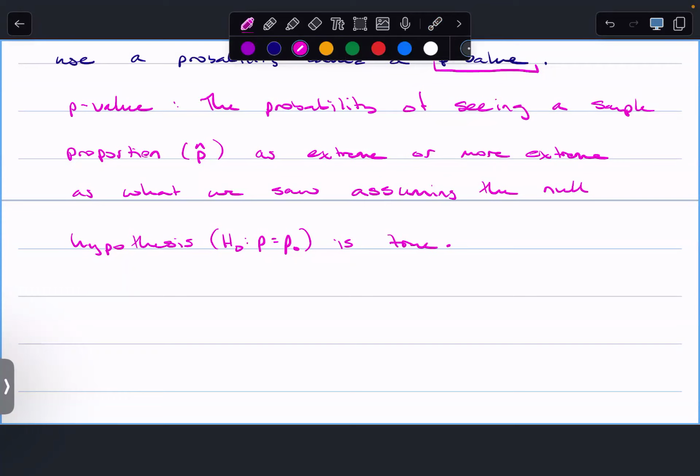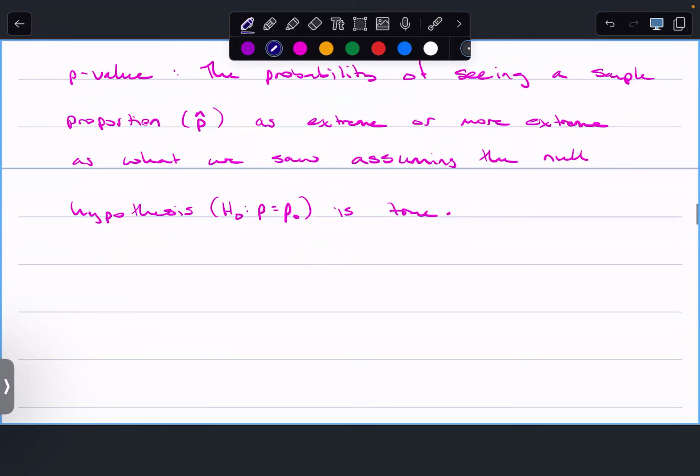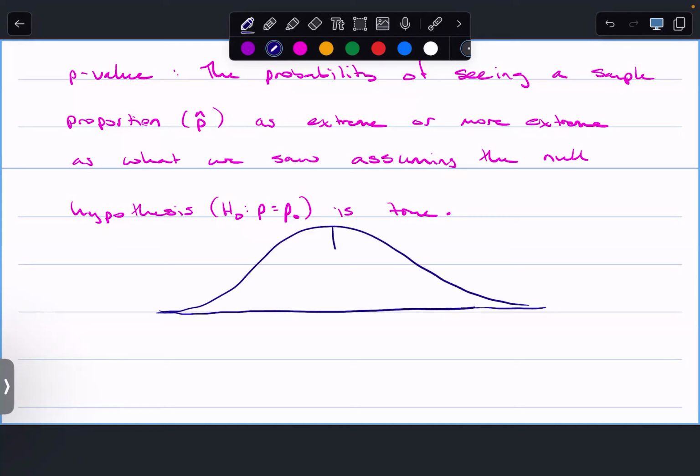And so what's this going to translate to in terms of our curve? So here, if it's centered on p naught, and we found a p hat that's up here, for example,